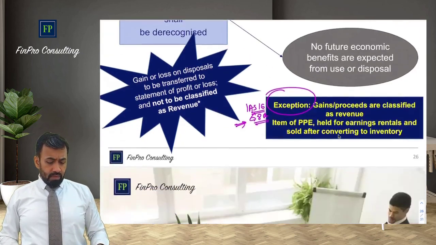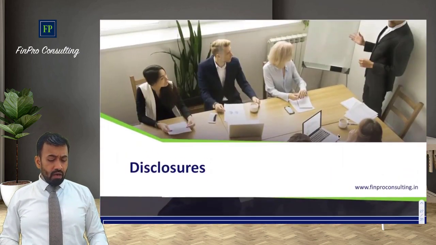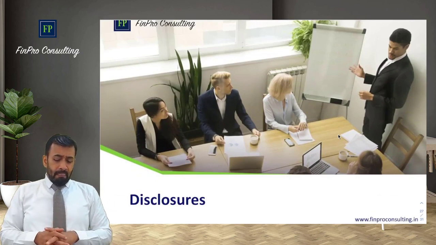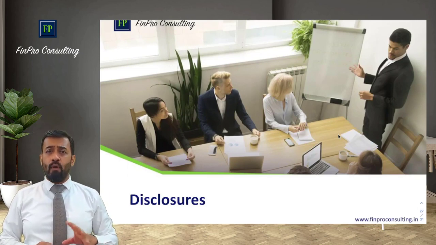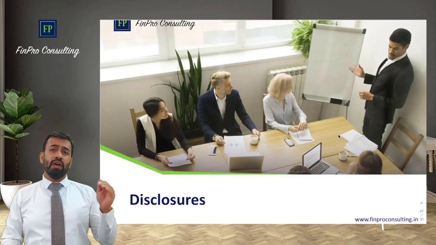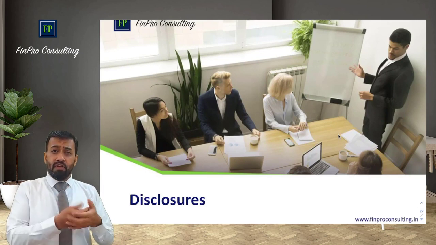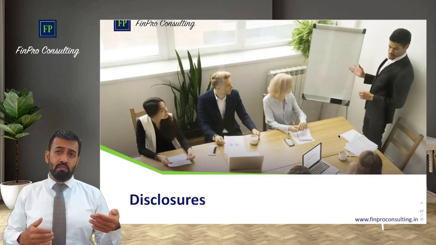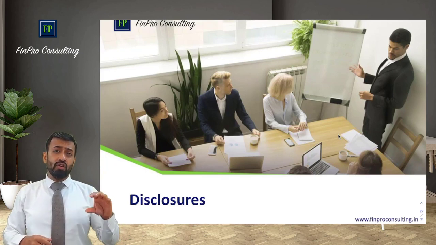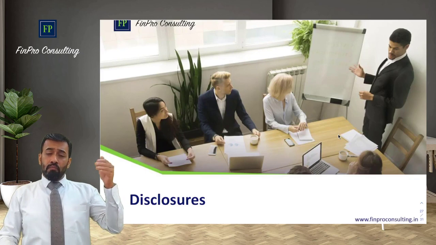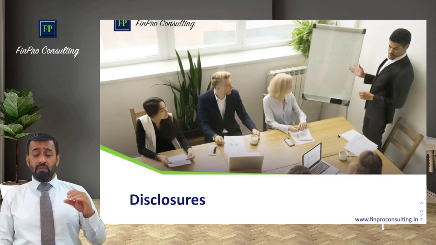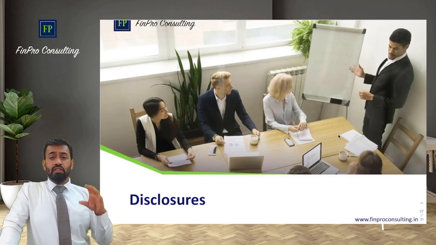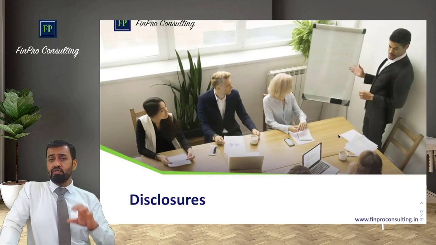So by this way, we have come to the end of this topic. Disclosures, as I said earlier, are not very important from an exam perspective. The important disclosures we have already covered. If investment property is measured at cost, then fair value must be disclosed. Reconciliation of intangible assets and PPE must be shown, that is gross block minus accumulated depreciation and impairment, giving net book value or carrying value. This has to be presented for the previous year as well as the current year. So these disclosures I have told.